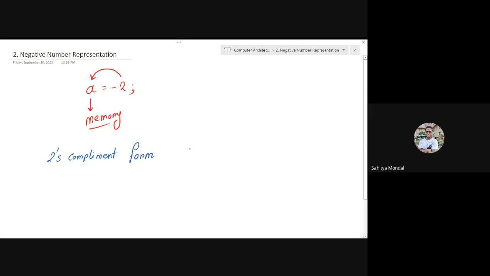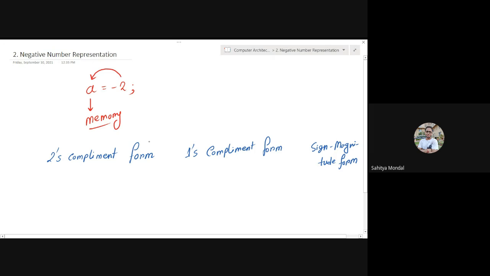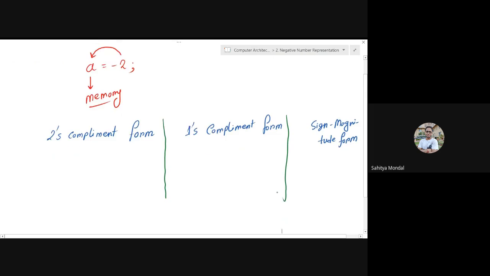Another one is 1's complement form, and the last one is sign magnitude form. There are three forms to represent a negative number in the computer. So what are these three? First, starting with the sign magnitude form,